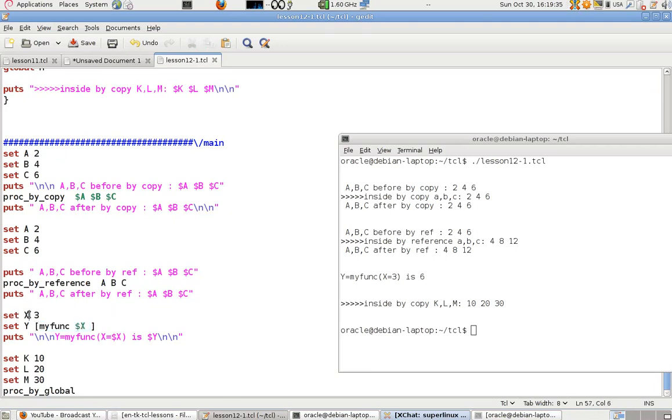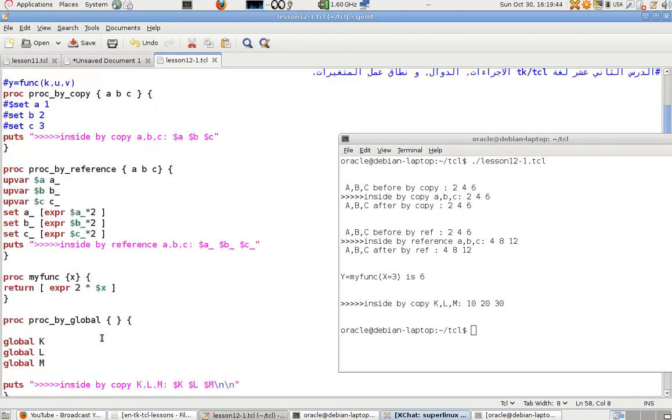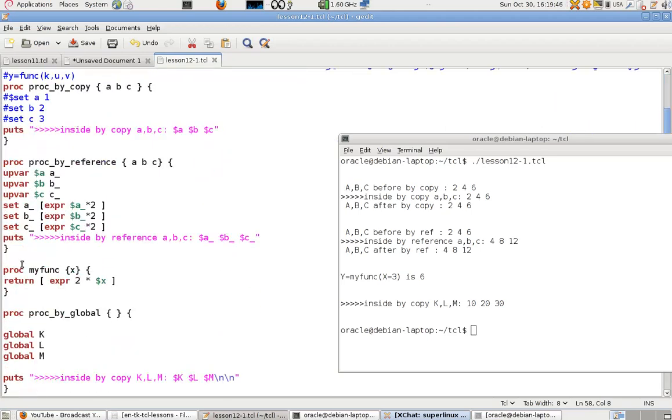Because of the mention of my func, I must go up there and find my func, which takes one parameter, which is x. And see, I have this command which is called return, which means